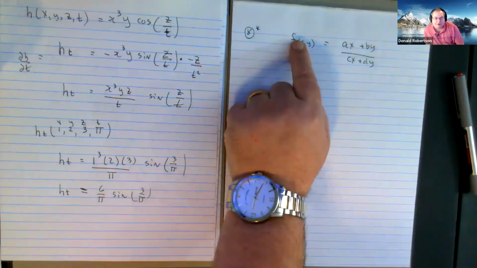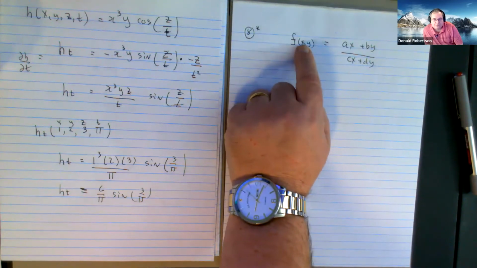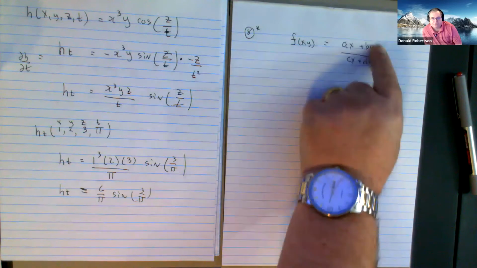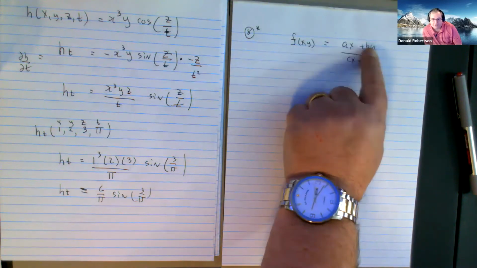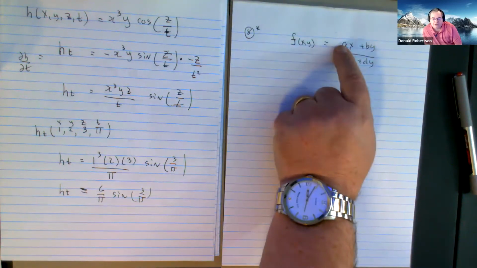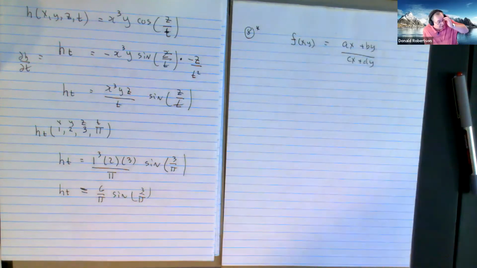Now, when you write a function like this, the fact that this has x and y means that this function here only has two variables, x and y. The letters A, B, C, and D then are already constants, right? They're constants all the time. And the usual convention is early letters of the alphabet are constants, right? A, B, C, D. And later letters of the alphabet, X, Y, Z, W, tend to be for variables, right? Now,